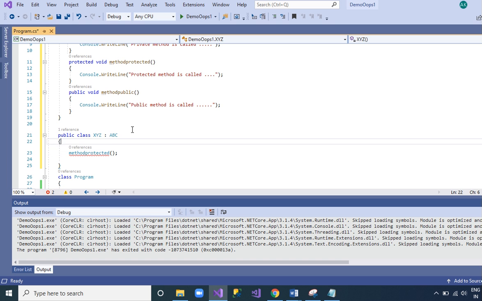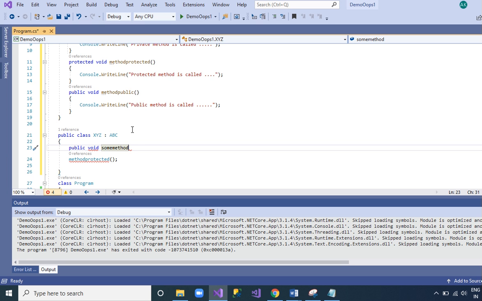We can call it by using another method, which should be public void, suppose some method.